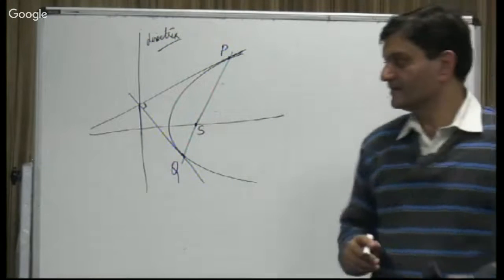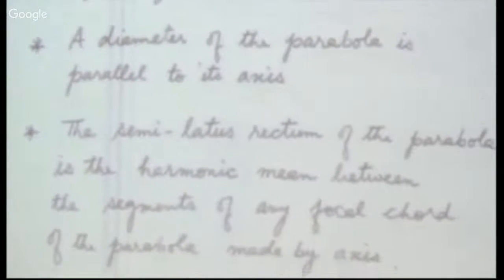Next, a diameter of the parabola is parallel to the axis. I have told you, as it is clear from the equation. If y = 2a/m is the equation of the diameter, it has to be parallel to the x-axis. And the